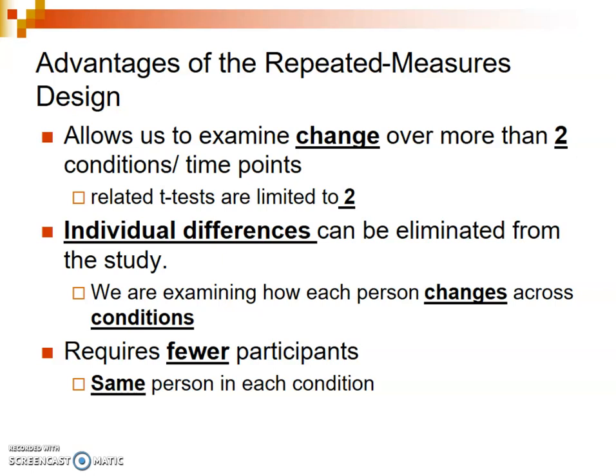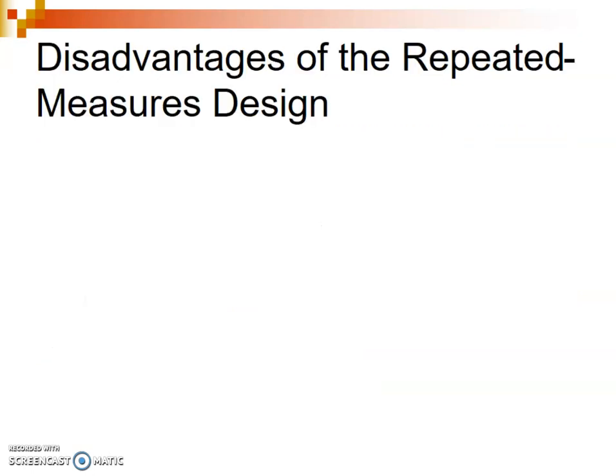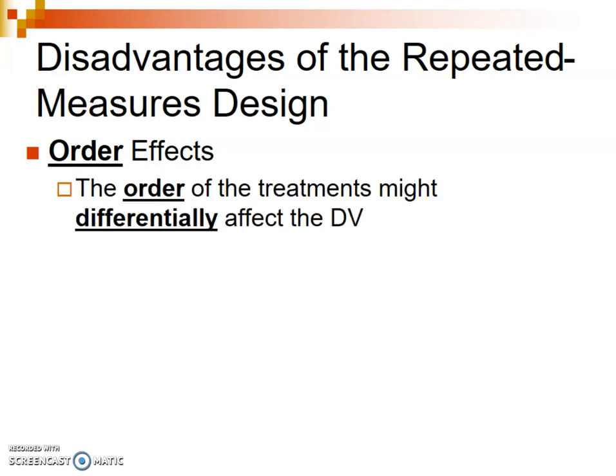Of course there are also some disadvantages associated with this type of research design, and one of the main disadvantages would be the order effects that could potentially affect the DV. If we are thinking about this happiness drug versus a placebo, it is possible that if we give them the happiness drug first and then measure their happiness, and then we give them the placebo next and then measure their happiness, the effects of the drug could carry over into that second time point. And so that's a potential order effect